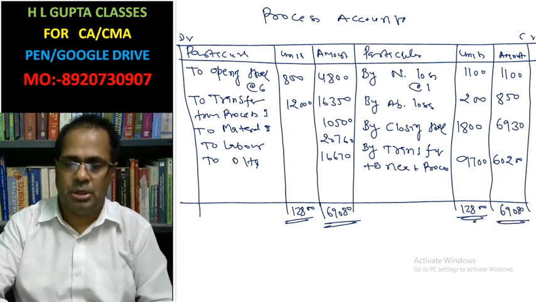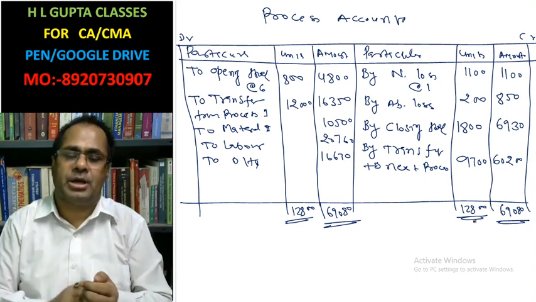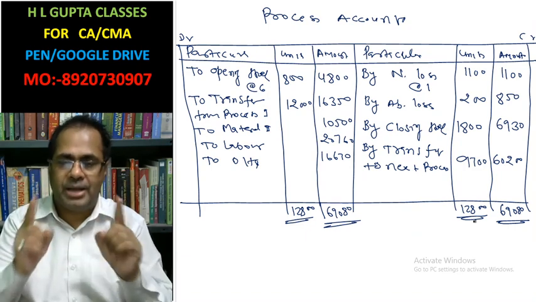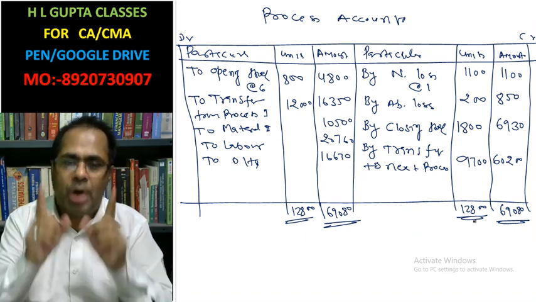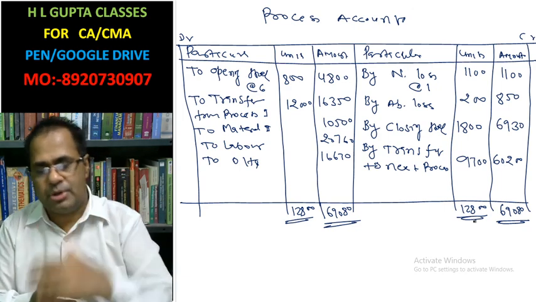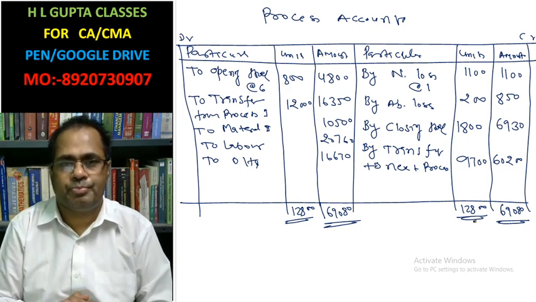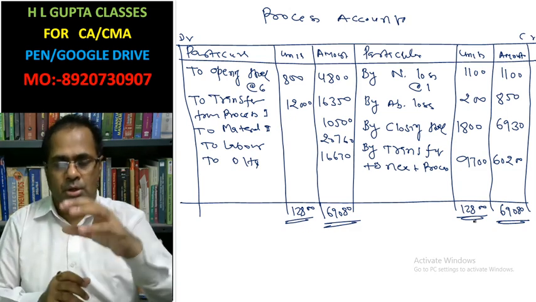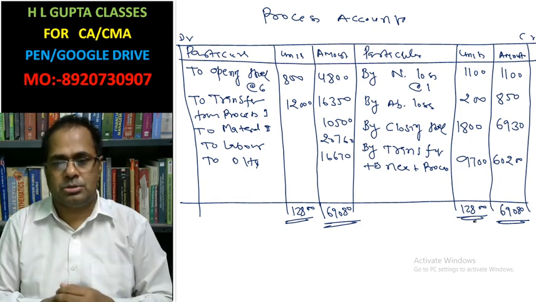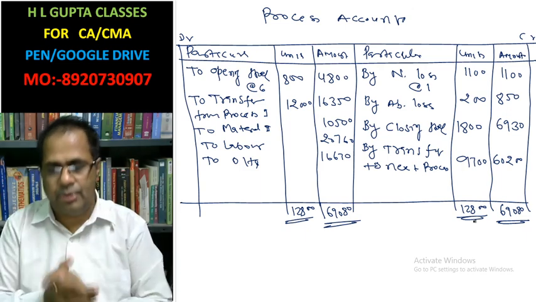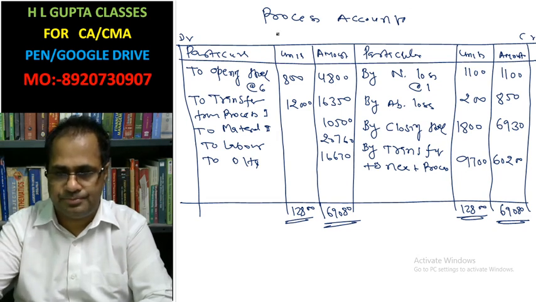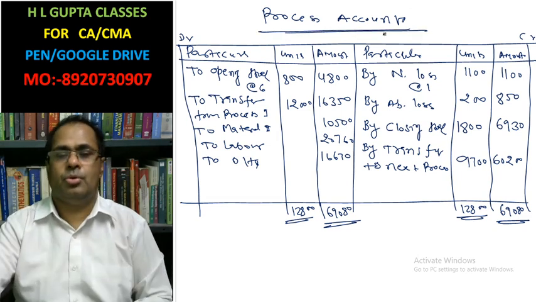This is the question, and this question has been completed. What I've done, first, wherever equivalent production unit cost will come, you have to calculate cost of equivalent production units. First, equivalent production unit, cost per unit, cost value of normal loss, abnormal loss, closing stock, transfer units, and then you can calculate process accounts. Okay, this question is completed. Okay, thank you class.